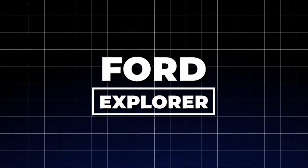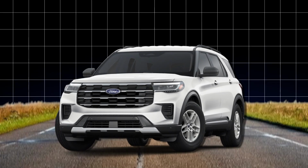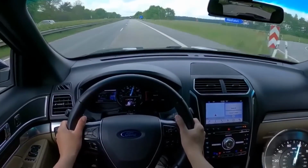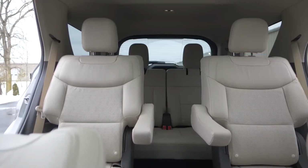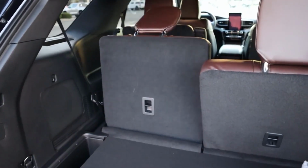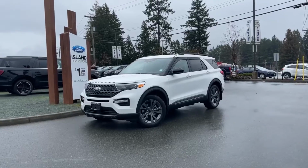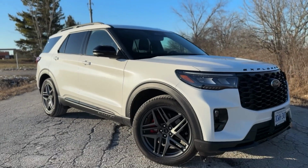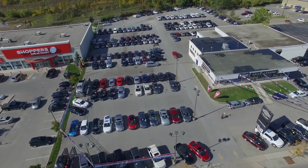Ford Explorer. Once a dominant force in the sport utility vehicle market, this model was a top choice for families, adventure seekers, and daily commuters seeking a balance of space, power, and versatility. With its 3-row seating, spacious cargo area, and strong towing capacity, the Explorer once dominated the mid-size sport utility vehicle segment. However, recent years have not been kind to this once reliable model, and now dealerships are struggling to move